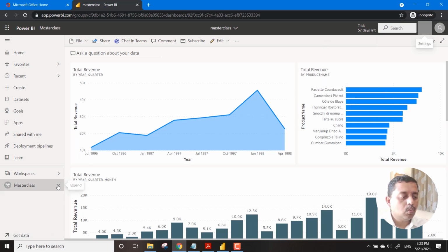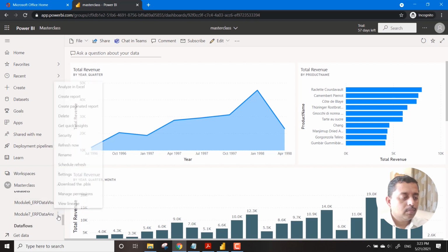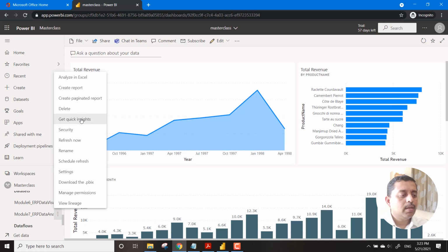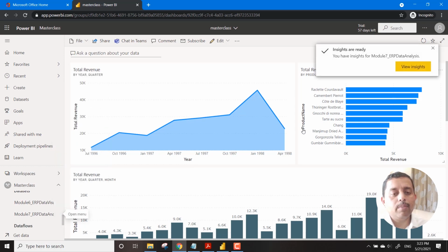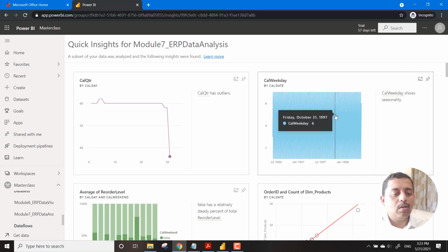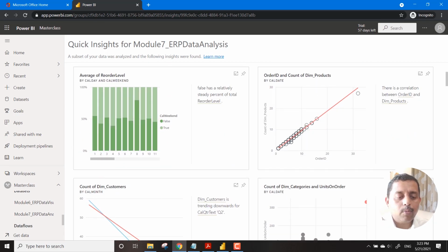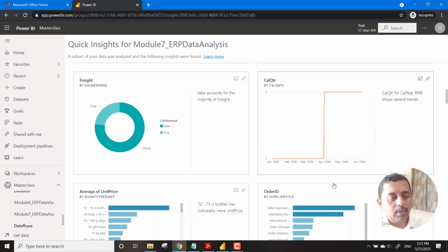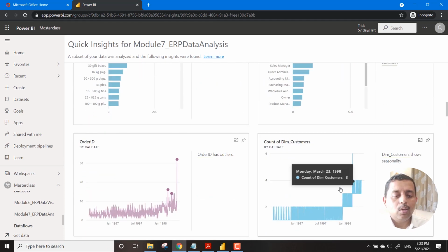So we can just go to this data, and so you can see quick insights. You should be able to view the insights over here now. This is the same insight that we have seen, and based on the requirement, based on whatever data points you want from these details, you can just bring in.